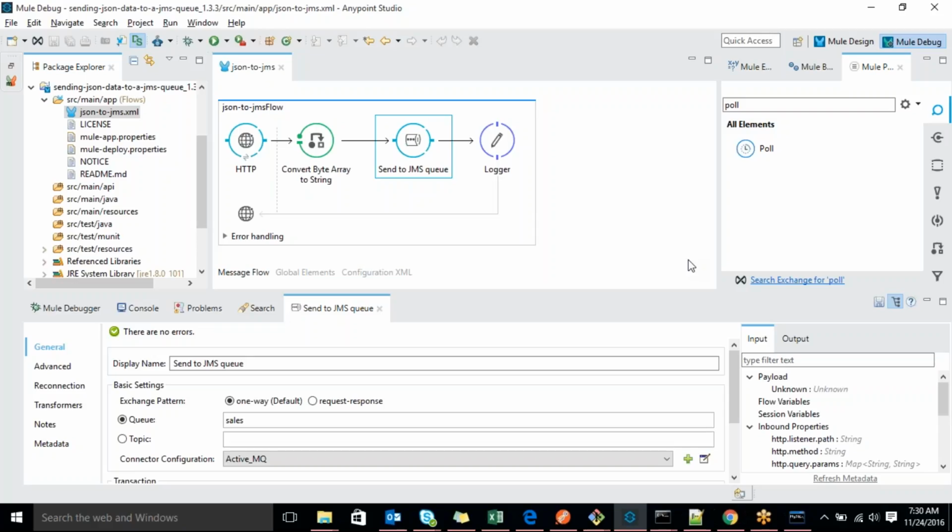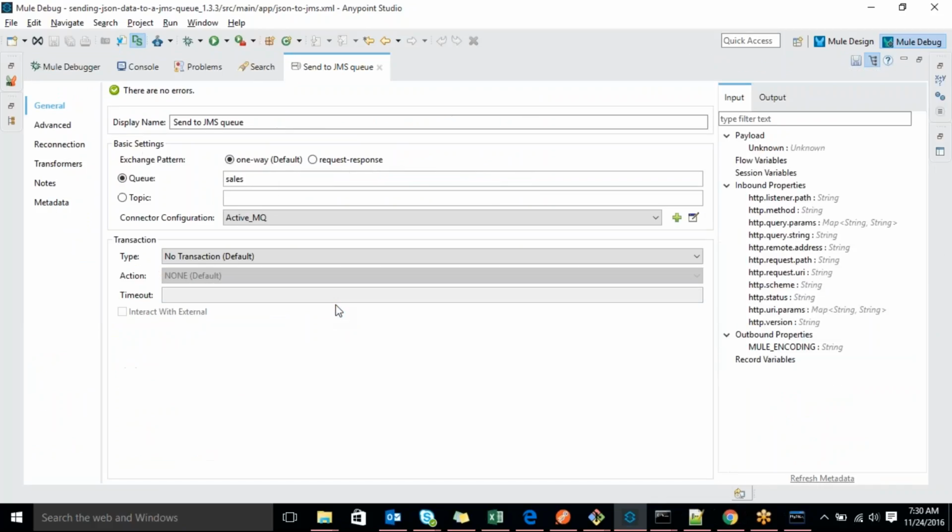Understood. Now we are pushing the information. And what are the properties for setting? Yes, I'm showing you. This is the push operation. Pushing or pulling, the configuration is the same. See here, we have to choose request response.